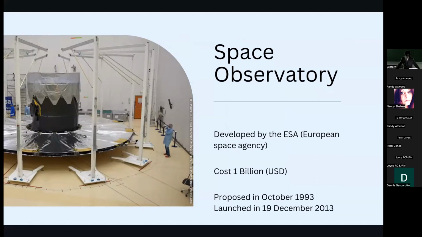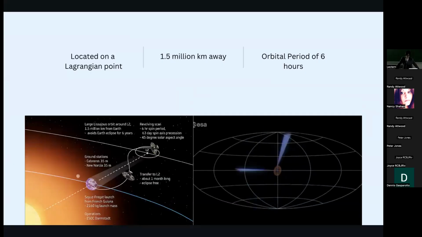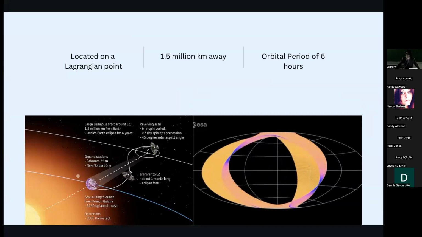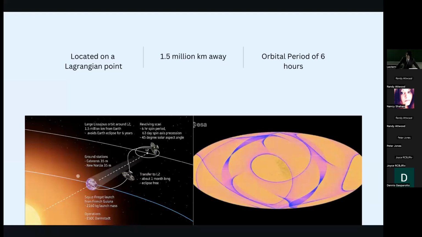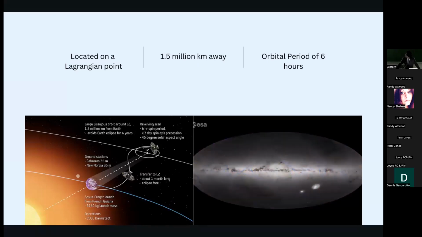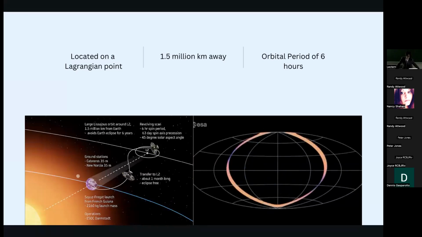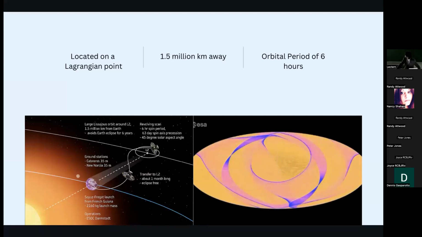And so now, where is it? Well, it's located on a Lagrangian point. To put it simply, a Lagrangian point is basically a point where the gravitational forces of the sun and Earth manage to recreate an orbital period around the sun that is similar to the Earth's. There's actually one directly opposite on the same Earth radius, and there's one 1.5 million kilometers away from Earth. So it's roughly there, and it's orbiting the Lagrangian point with a 6-hour period.